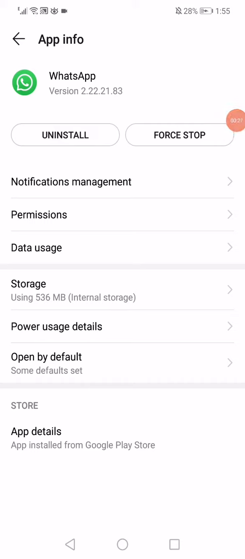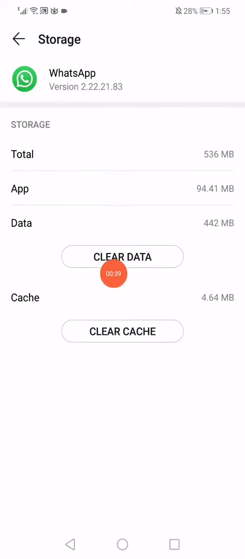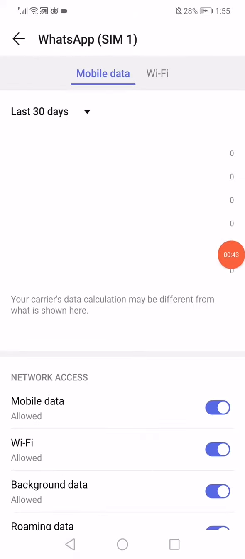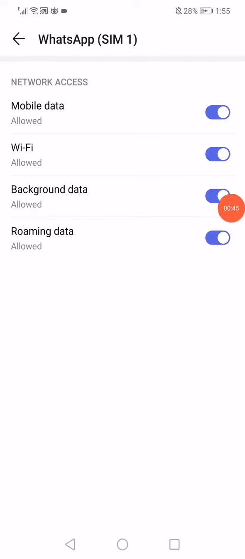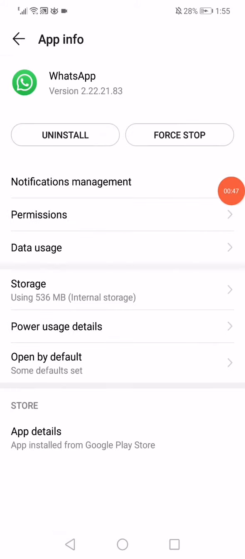As you can see, all what you want to do here is very simple. Just click on this option right here to stop running the app in the background of your phone, and then click down here on the storage, click on clear cache, go back, click on the data usage, make sure to disable the background data and the roaming data, go back, and last thing you want to do now is open